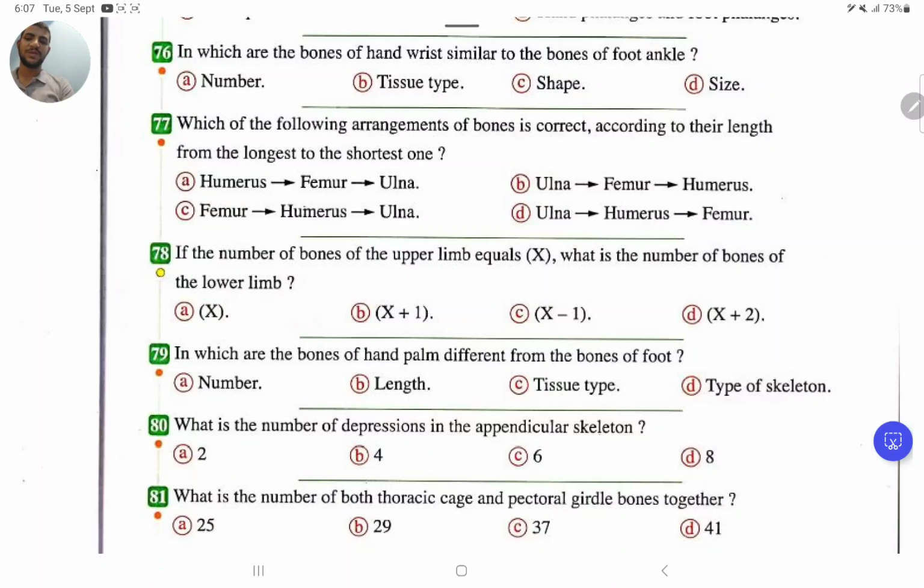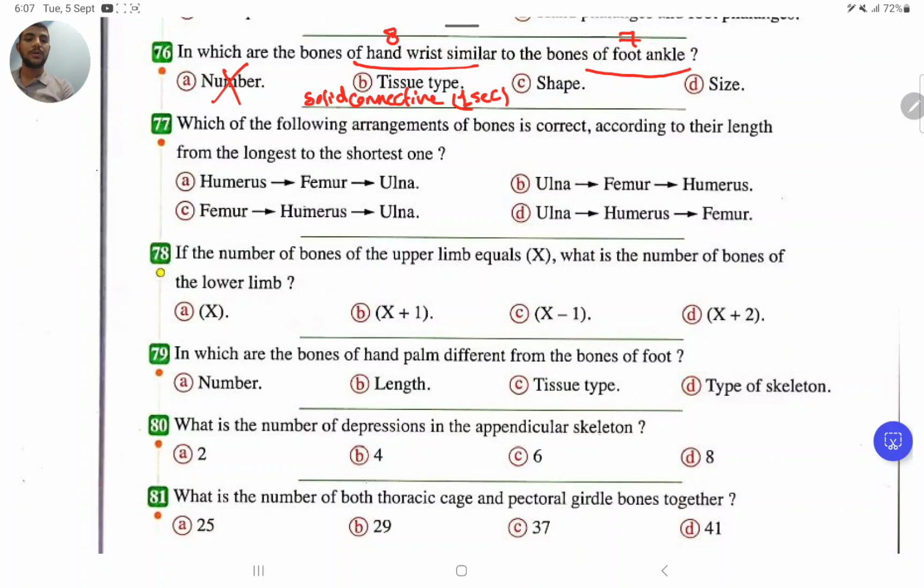So guys, 76. In which of the bones of hand wrist, similar to the bones of foot ankle? So the number is different, because hand wrist is 8 and the foot ankle is 7. Bony tissue is similar because both of them are solid connective tissue. You studied before in first secondary. The type of animal tissue is connective tissue, and the connective tissue here is from the type solid connective tissue, bone and